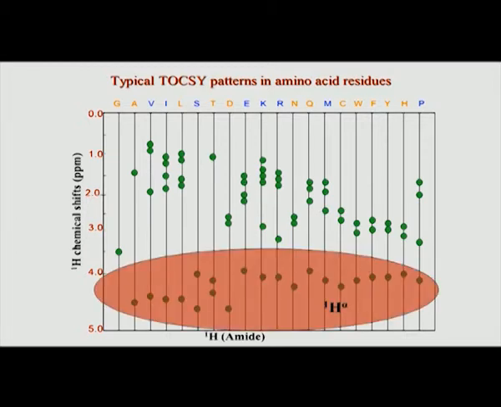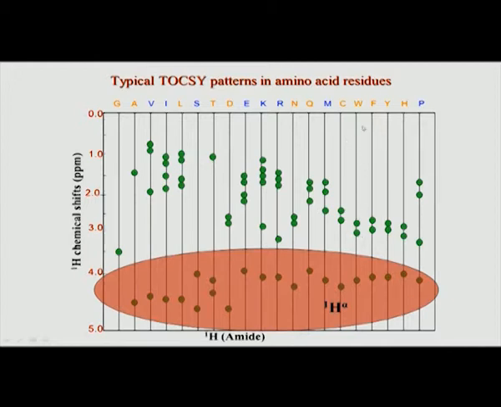We will also look at the H alpha. If you notice, the H alpha regions are not very distinguishable from each other. There is no particular pattern as to where the H alpha peaks belong. On this side, the aliphatic region between 1 and 3 ppm, there are clear-cut numbers of peaks which are different for each amino acid, except here. These are called AMX spin systems, which have only the beta carbon and 2 beta protons.